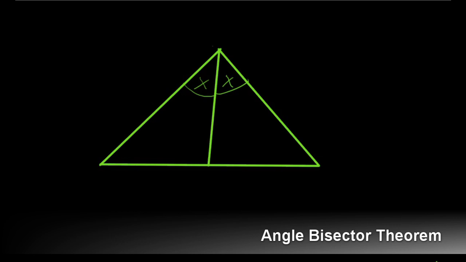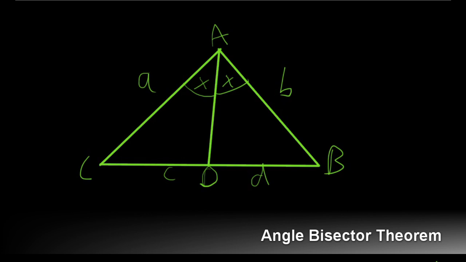And if I label this A, label this B, and label this C, and label the point where the angle bisector intersects the opposite side as D,